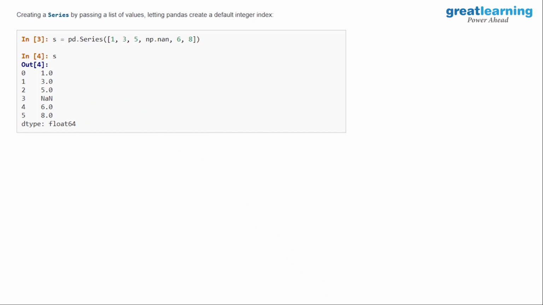For example, I created a series, pd.Series 1, 3, that means internally I have given a list only, and in this there are null values also. Whenever you have a null value, how do you pass it? np.nan. Okay? So like this you have passed. Now what is this? This is the row label, correct? This is the row index. And this is the column for it. What is the data type of it? It's a float.